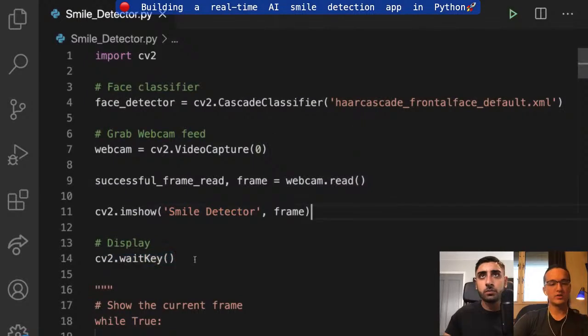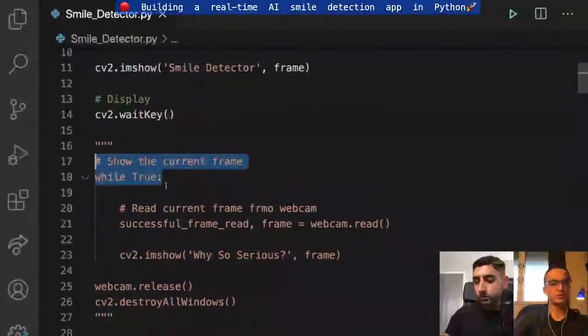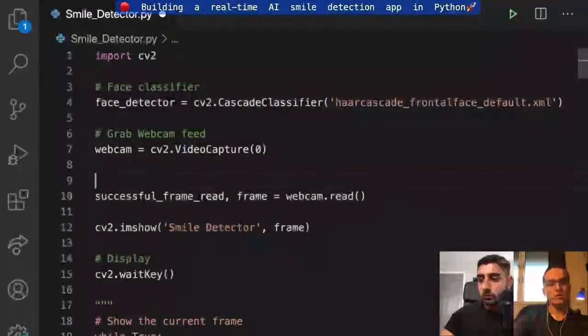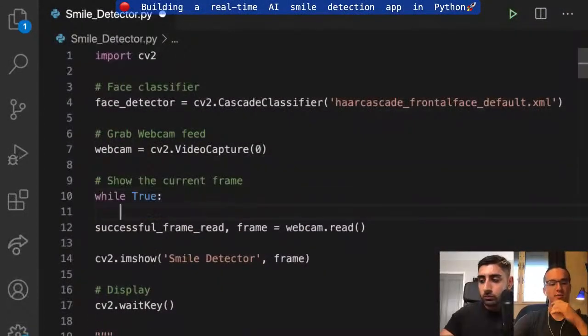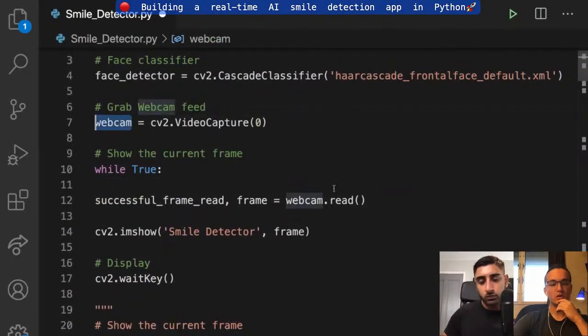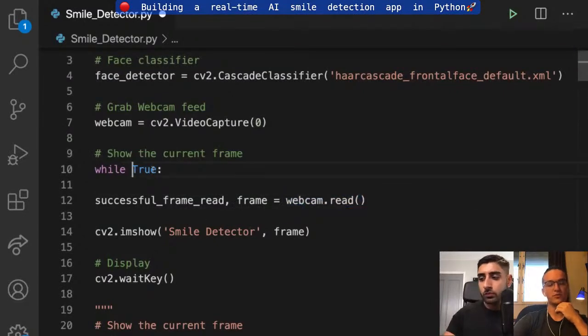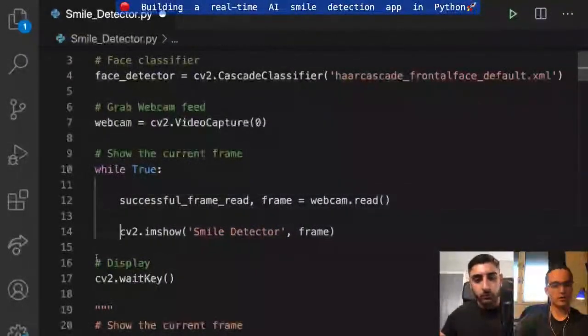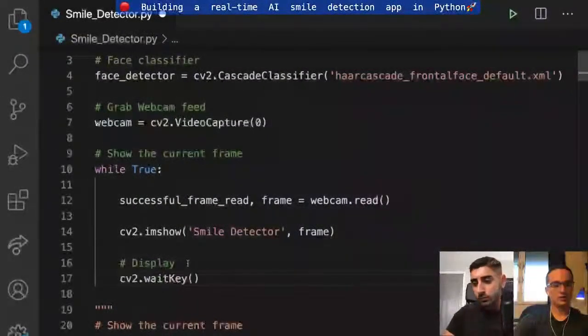Okay. So now all we want to do is just pop this in a loop. So we got the webcam here. Now, the loop is going to be here because once we have the webcam, we want to keep calling .read on each frame over and over again. So we would just want to run this forever, and that's why it's a while true loop. You just want to run forever until we're done. So let's pop all of this into there,